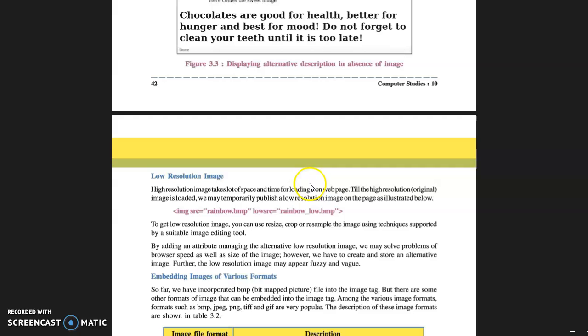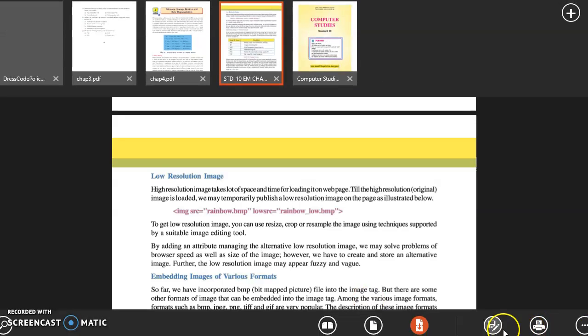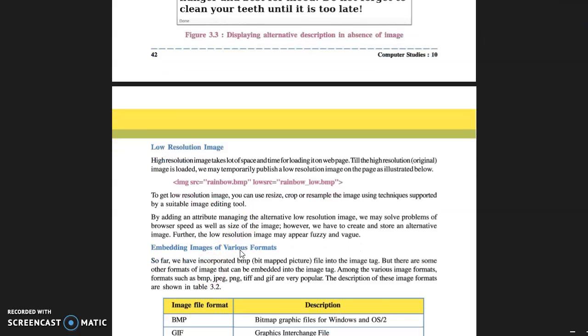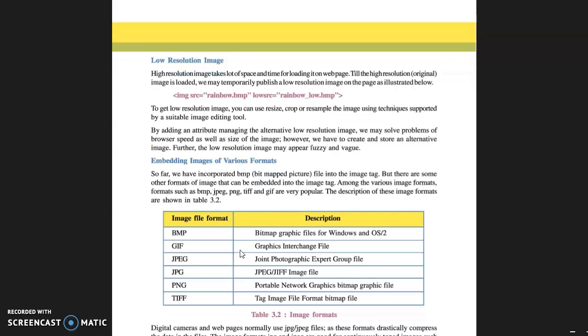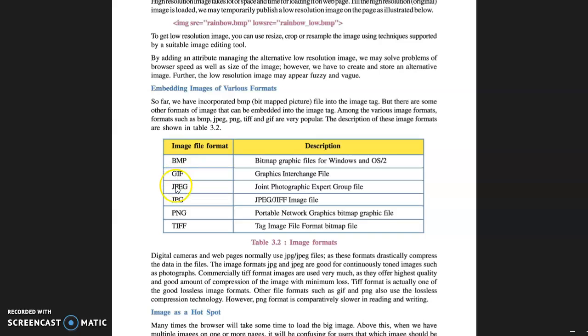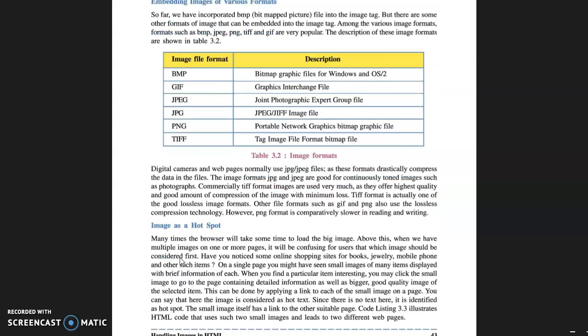Today we will see embedding images in various formats. I hope you will be able to read these lines. Are you able to read this line? If you have the textbook, open your page number 11. Embedding images of various formats: bitmap, GIF, JPG, PNG, TIF. These all are the different formats. Today's new topic is,